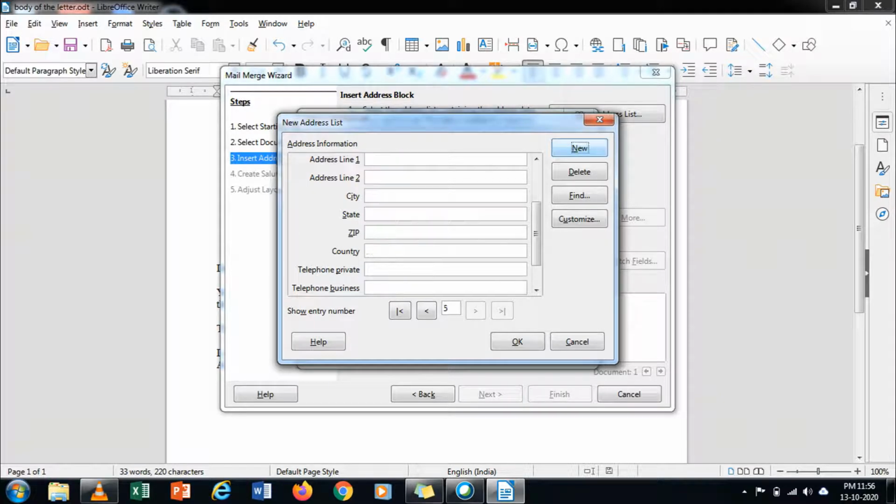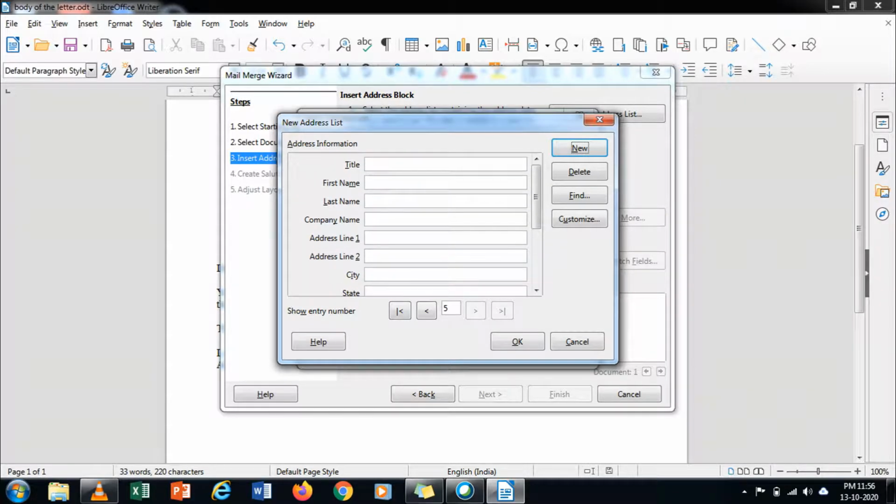Now I gave space, then I typed the country name India. After typing the third address, I clicked New, so I am typing the fourth recipient address.